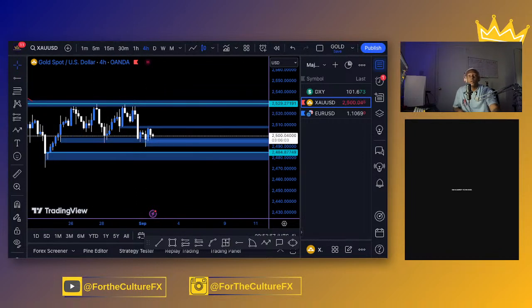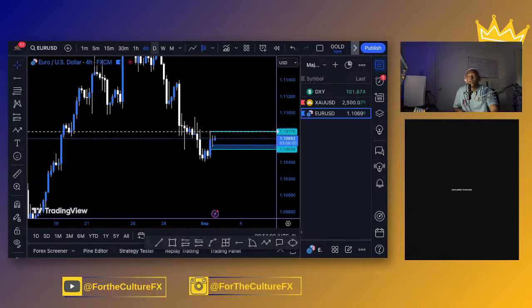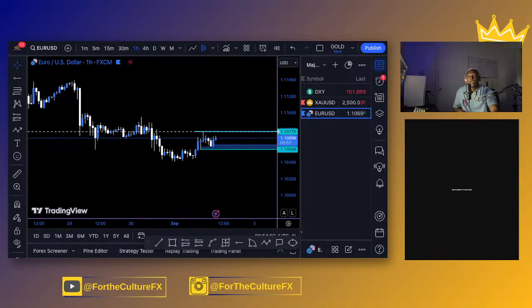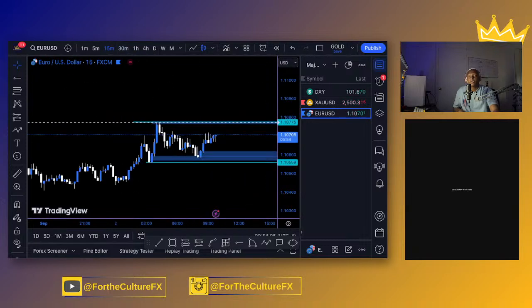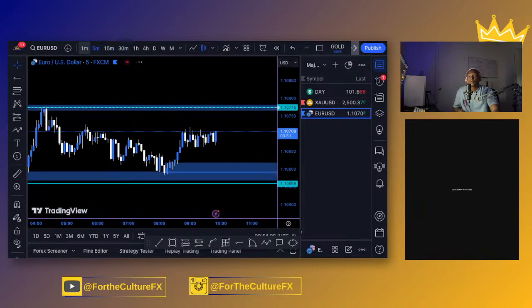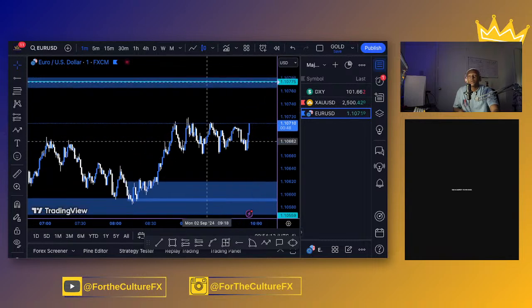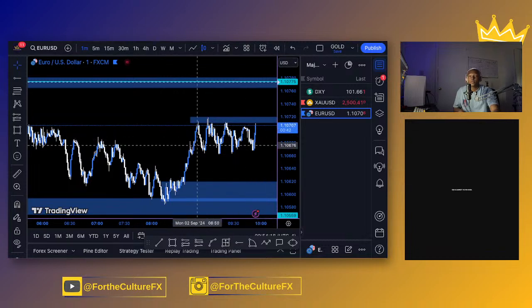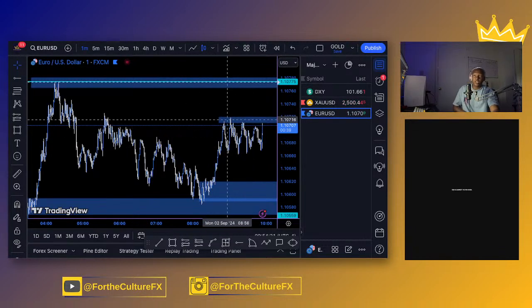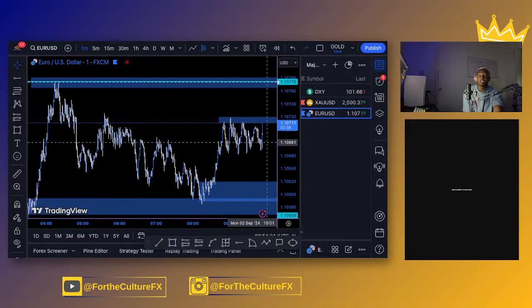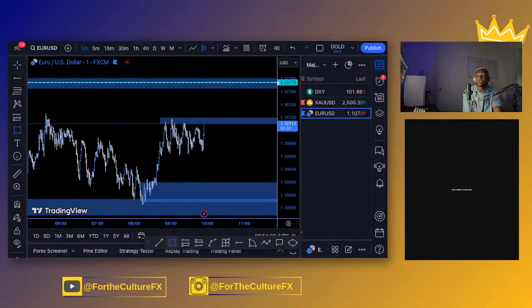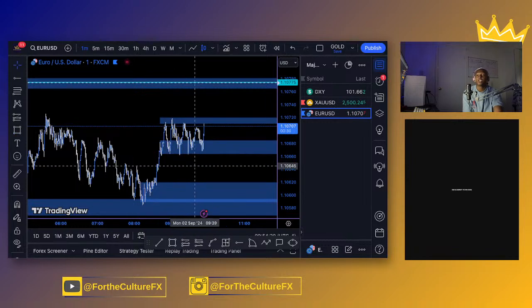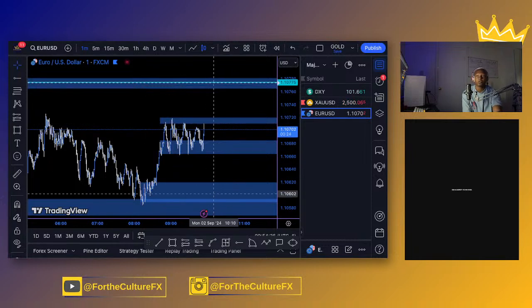But I am personally waiting for EUR USD, and whatever time this happens is just what time it happens. If price pushes up here like how we're seeing, and we just start to see breaks of these highs, so we got a break of this high up here, or well, not yet, but if we get a break of this high here, that is indicative that price is continuing up. We may look at this demand zone here for a potential scale in entry if price is in fact super bullish. If price doesn't break this high, we start to see a rejection,